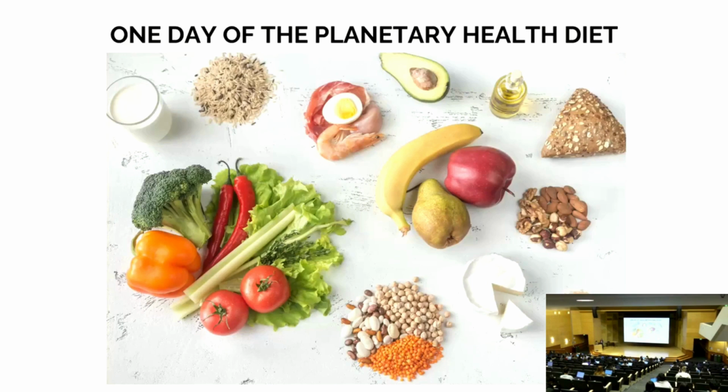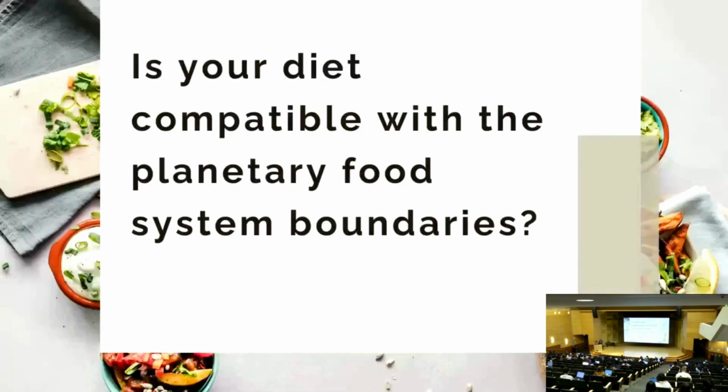And the first thing that jumped off the page to me looking at this was the whole broccoli head, the whole pepper, thinking like, I eat my vegetables, but I'm not sure that I really eat that many vegetables. Also up in the corner we have just a little piece of the egg, a little piece of meat, just to emphasize that ratio that we're talking about of emphasis on vegetables, plant proteins, and a de-emphasis on animal source foods. So my question to you all is, how does your diet maybe align with this? How does your diet fit within the planetary food system boundaries for sustainability?